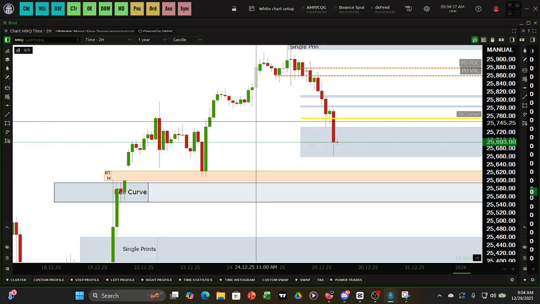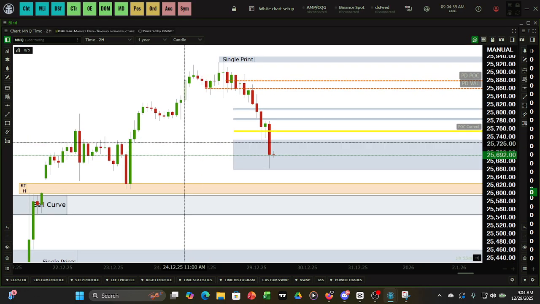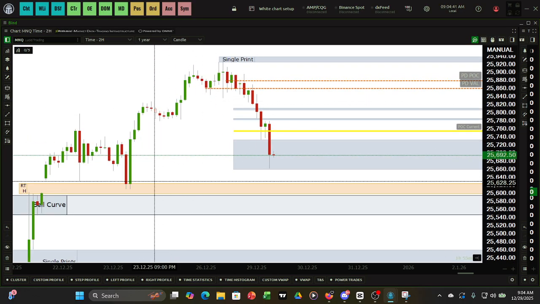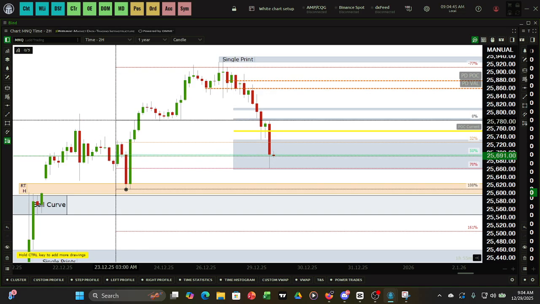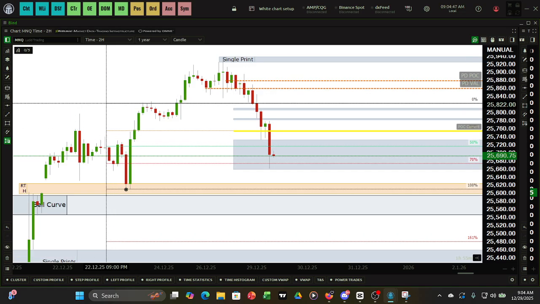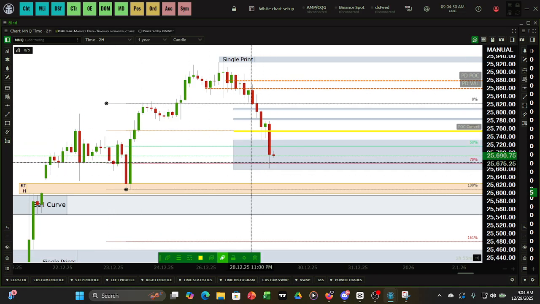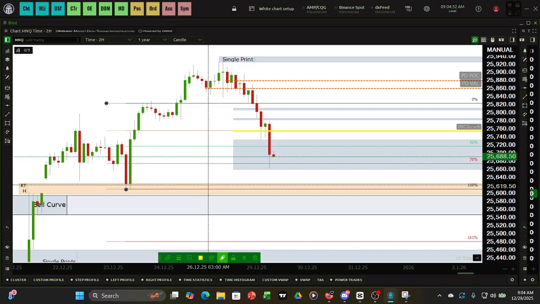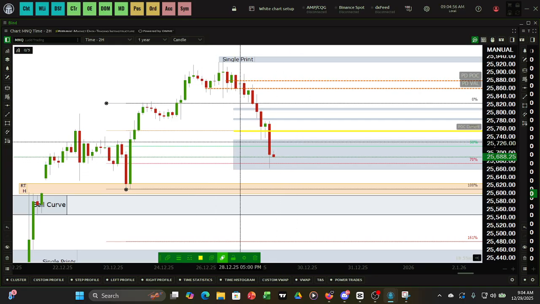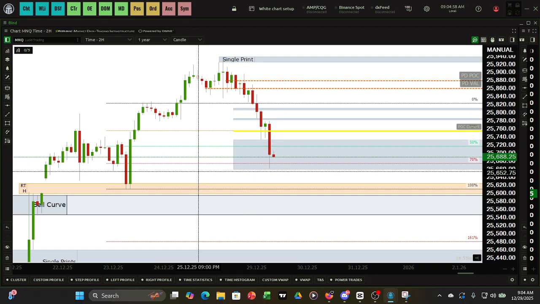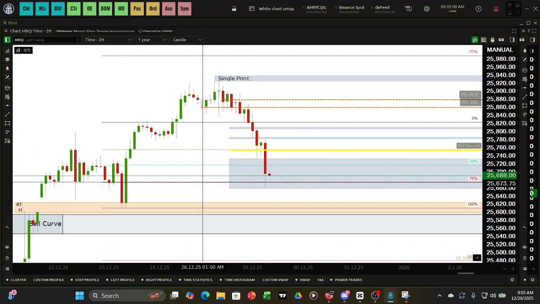Then as I look around, I kind of see what this is doing. All right, we're coming down, we're retracing this leg. So go on here real quick. Let me get an idea of where we're at in the run. All right, so it looks like we're at the failure swing level of this right now. So is it going to return back up and start going back up, or are we going to keep pushing on down? We're well below